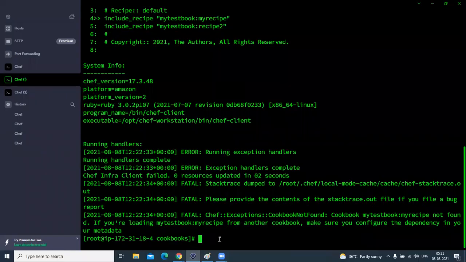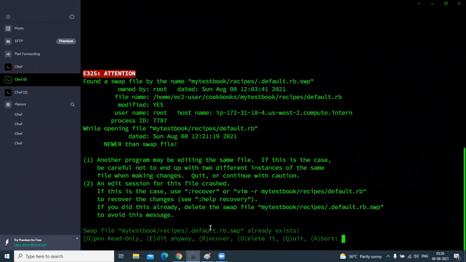Let's check the error in the file. So go back to the default cookbook, my cookbook and recipe default.rb.